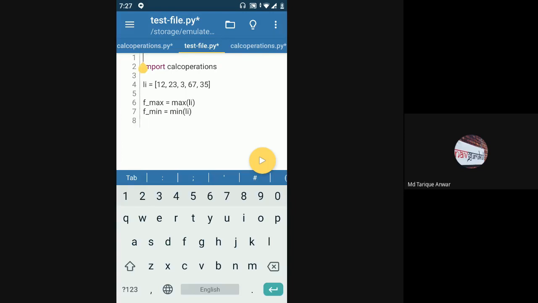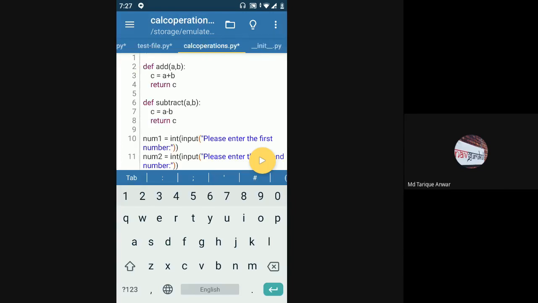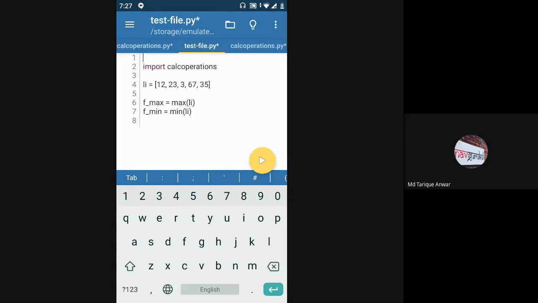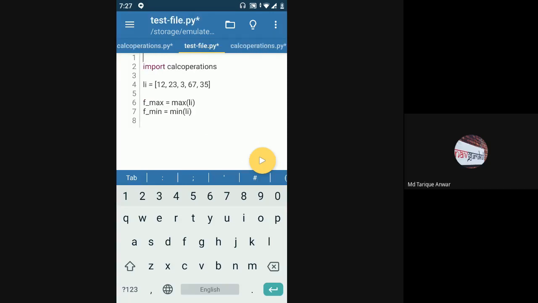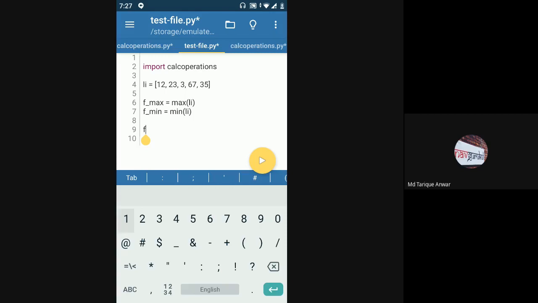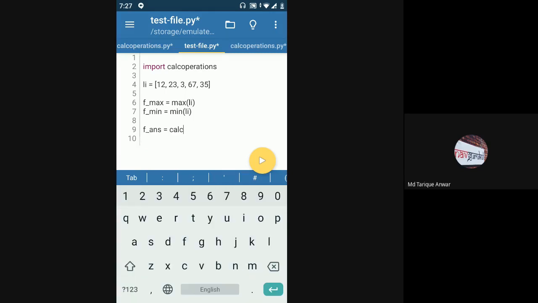Because I know calc operations has an add function and I don't want to write the add function again. So I want to reuse that add function from the calc operations.py file. So I'll just say, in this case, from calc operations import star.